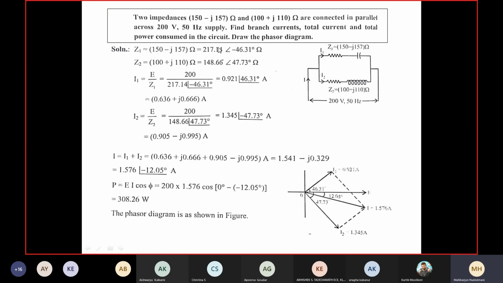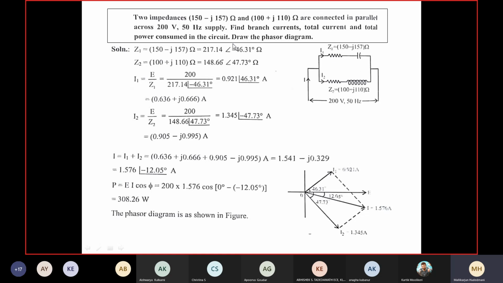You may ask me why you have to do it this way. It is necessary. Some teachers might have taught this in polar notation, some in rectangular or in mixed. When you are presenting for a general exam, it is better to have both because it is going to benefit your work. So the first work is to represent them in a proper way. Then draw a circuit according to the first branch. Let us draw Z1 equal to 150 minus J157 as one impedance.